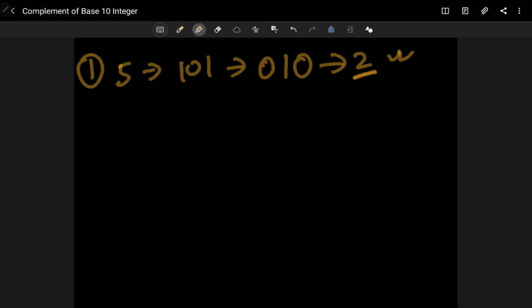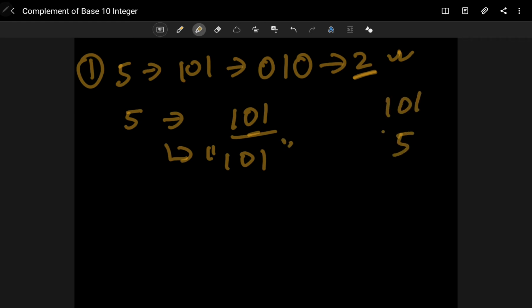So how can we solve it? We can just follow these steps. I will take the number, then I will convert that into a binary number. To convert that into a binary number, if we are using Java, Java comes with an inbuilt method, and it will convert that to a binary string. Or you can write your own logic to convert.